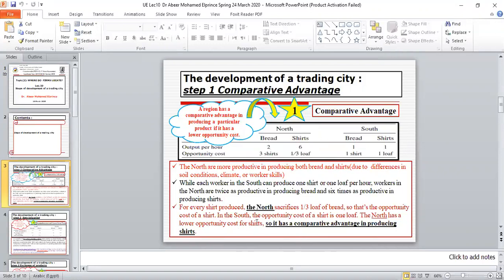North has a comparative advantage in producing shirts because of the lower opportunity cost in producing 1 shirt. When it produces 1 shirt, it sacrifices 1/3 loaf of bread. So the opportunity cost of a shirt in North is low, but in the South it's 1 loaf. So North has a comparative advantage in producing shirts. So number 1, there must be comparative advantage. And where there is a comparative advantage,